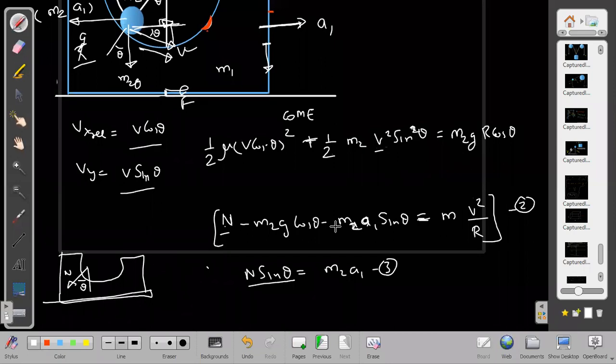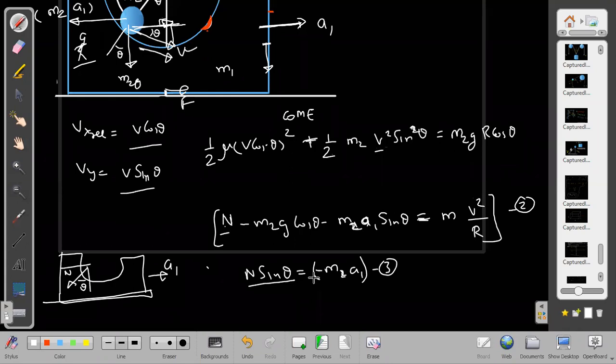I will not change everything now. I will just change the sign of acceleration. I write it as minus of M2 into A1, and everything will fall in line again. I have chosen acceleration on one side and I should not have done that. Now I'm noticing it because N sin theta is acting backwards. But rather than changing everything from the beginning, just write this equation as N sin theta is equal to minus of M2 into A1, and that will be the right equation again. So now these are enough. We can solve these and we can get the answers.